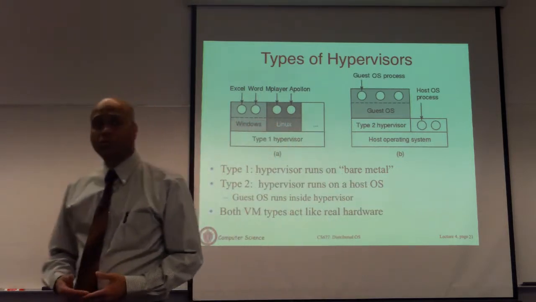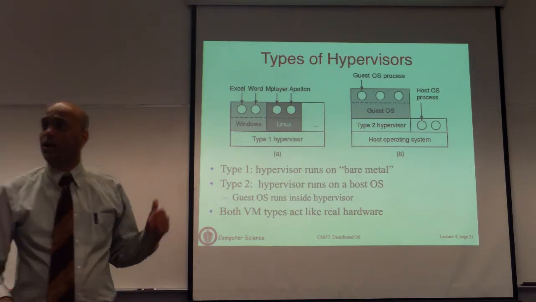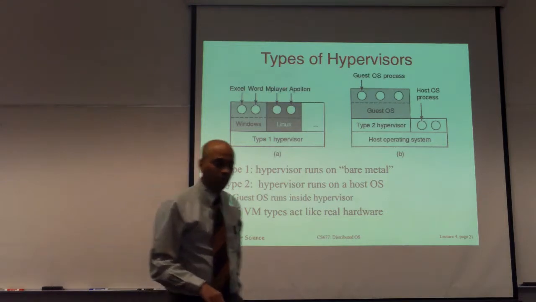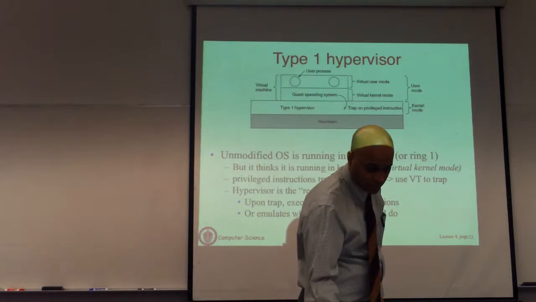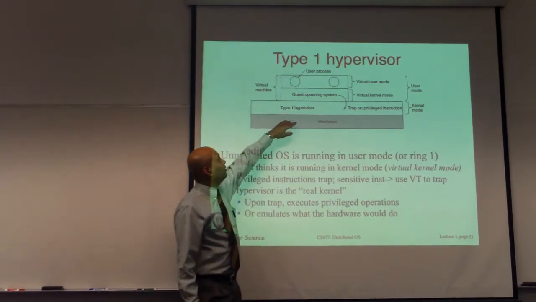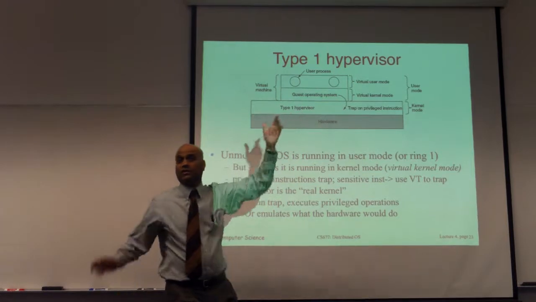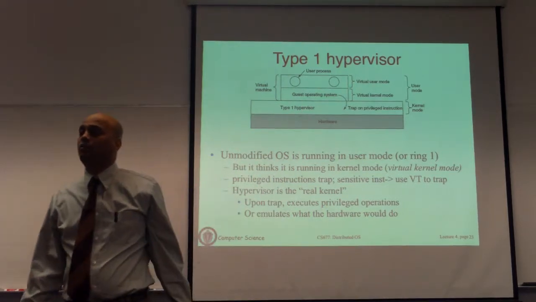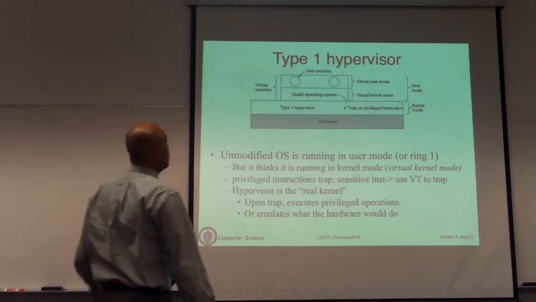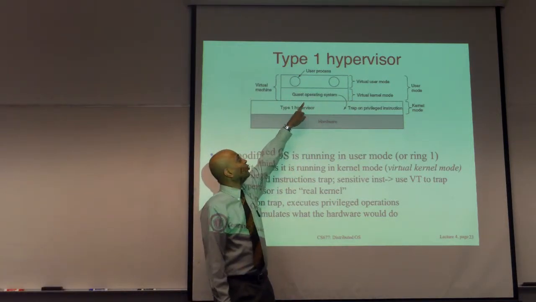run on a host operating system and they run another OS inside them. I showed you some details of how type 1 hypervisor works. Basically, there's a picture here which shows you how things work. So you have your hardware, your type 1 hypervisor runs on hardware. It's essentially replacing what an OS kernel would do, but this is now the virtualization layer. Virtual machines run on top of the type 1 hypervisor. This figure shows you one of them.